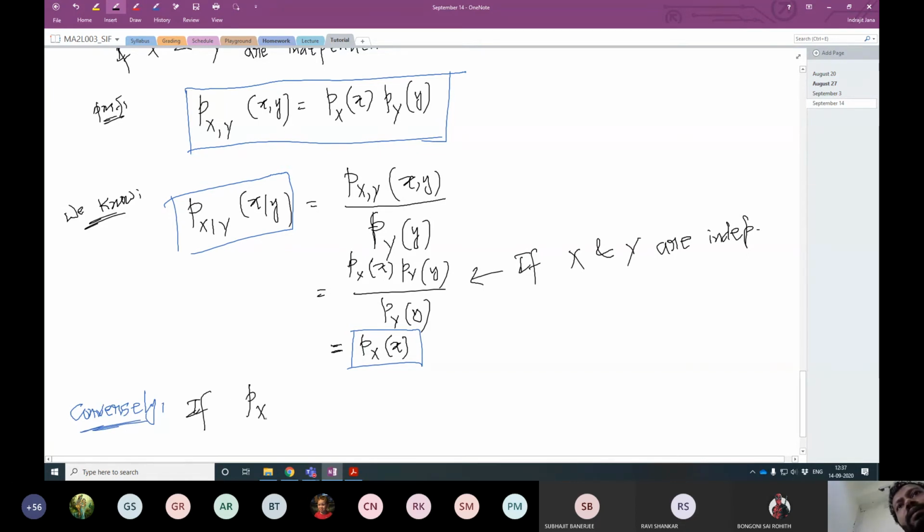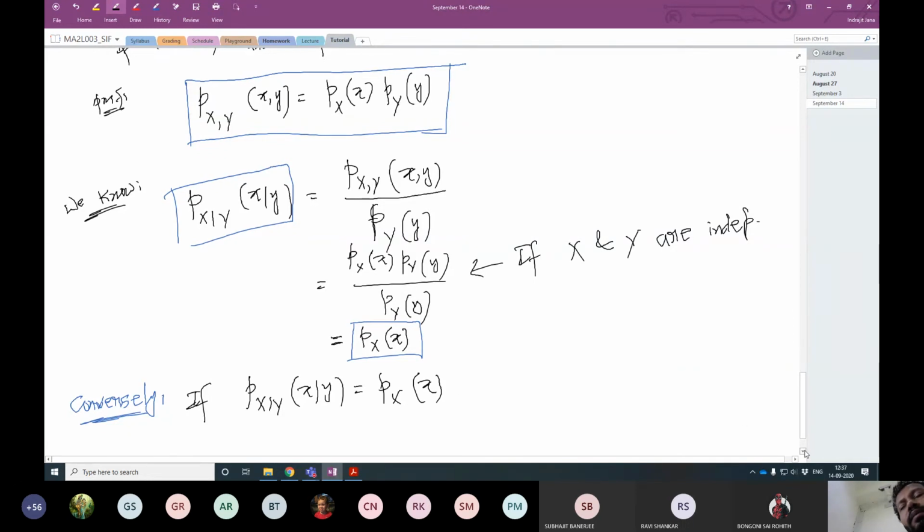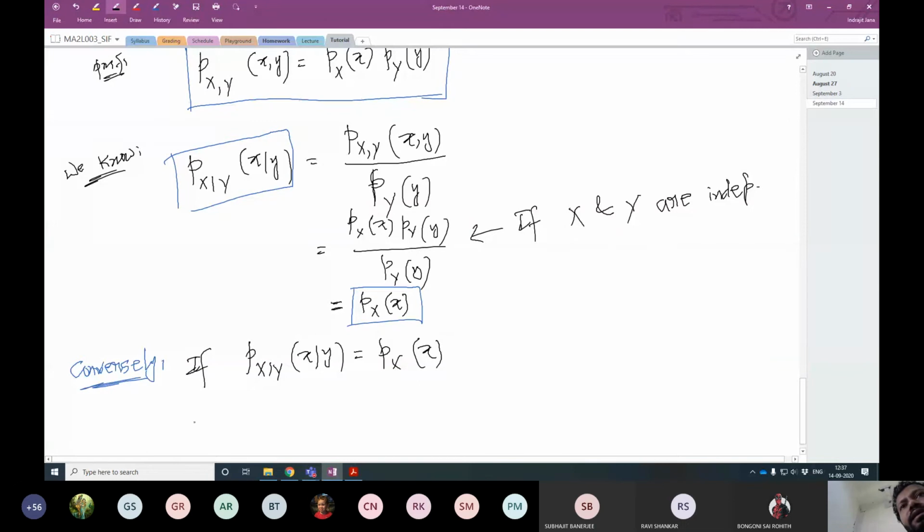if this conditional PMF, p of x given y, is equal to p x, we want to show that they're independent. So what happens there? If this is the case, then the joint PMF of xy is anyway going to be, from this equation,